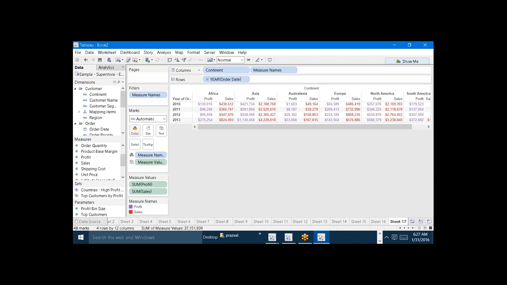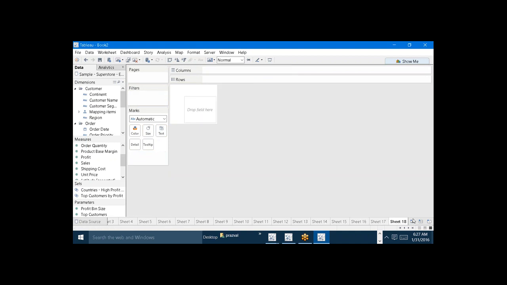Okay, and we have one more way. The second way is more innovative, like simply dragging the first measure into the text and the second measure into the visualization and just arranging the fields. What is the third way? The third way is